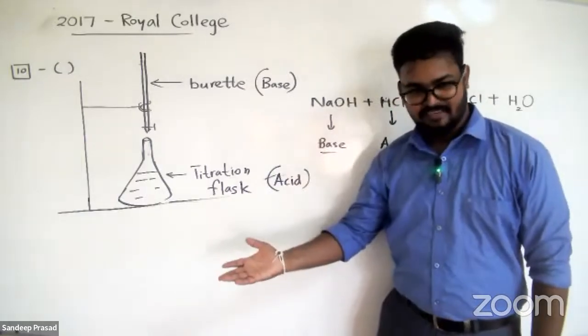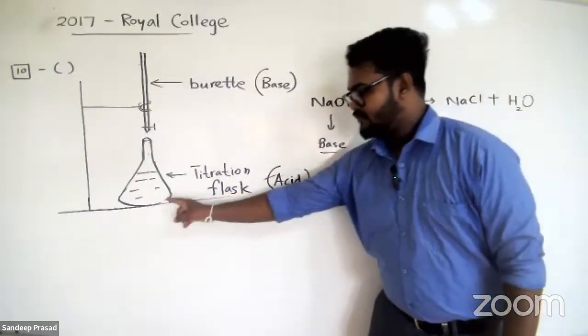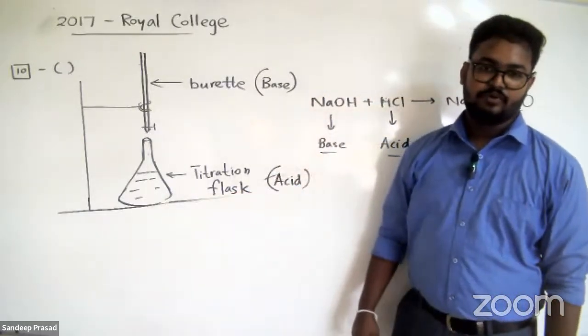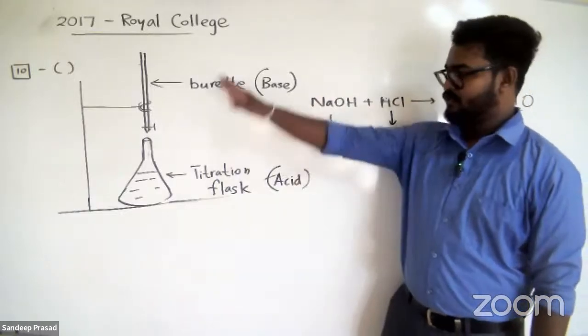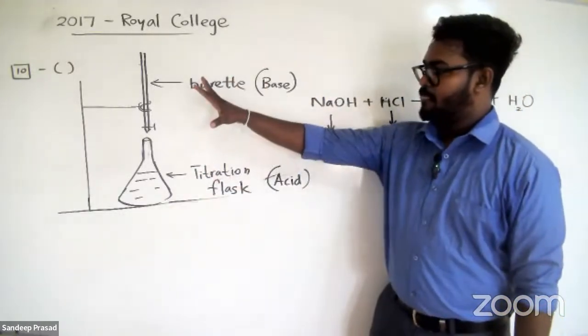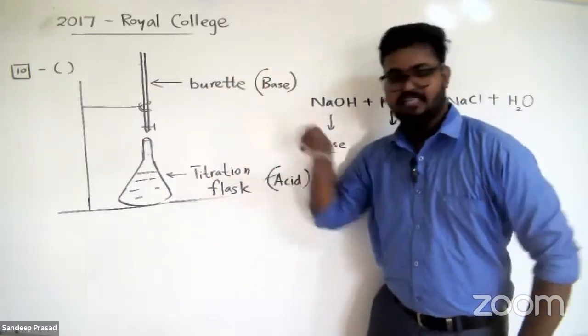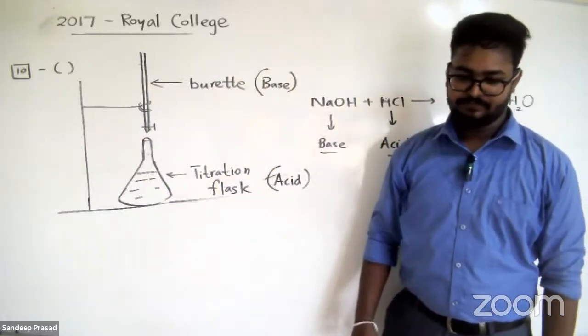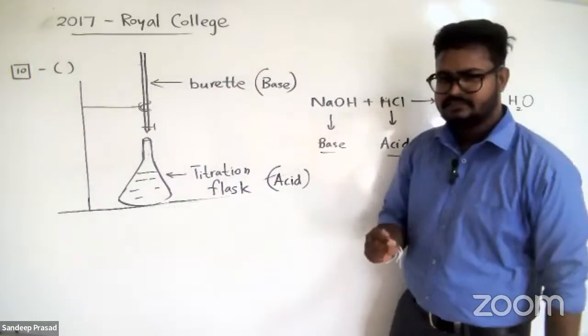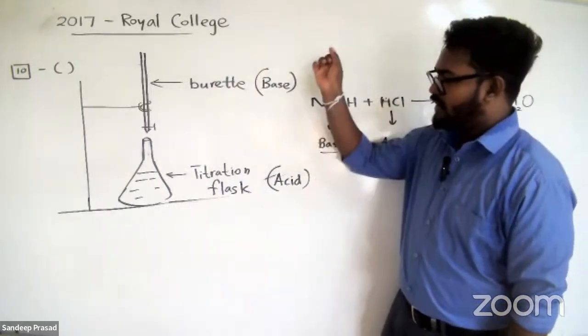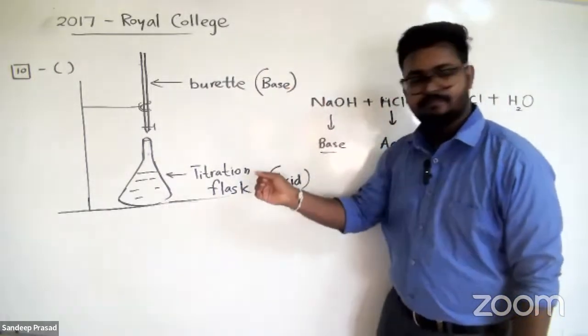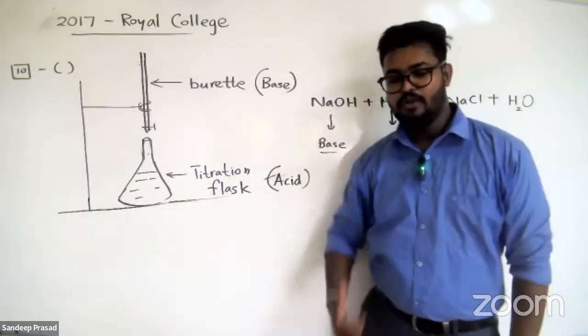But then again distilled water, and then only from the solution that we are going to add for the titration flask. Okay, so that is the way we are going to wash these glasswares before we do a titration. Can you tell me a reason why we are going to wash this one from the solution that we are going to add for that